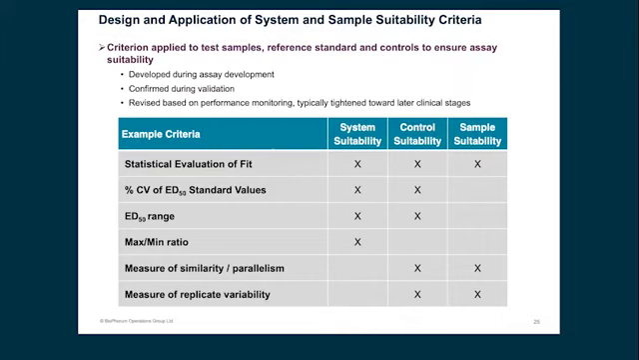And the third level, which is an intermediate between the system and the sample suitability, is to look at the control suitability criteria, where you look at the performance of a known sample compared to the reference standard. What is important to note is that these criteria are evolving in parallel to the method. So they are established during assay development, confirmed during validation, and they may be revised based on performance monitoring or when a bigger dataset is available. And typically, this is done later in clinical stages. If you go to the next slide,